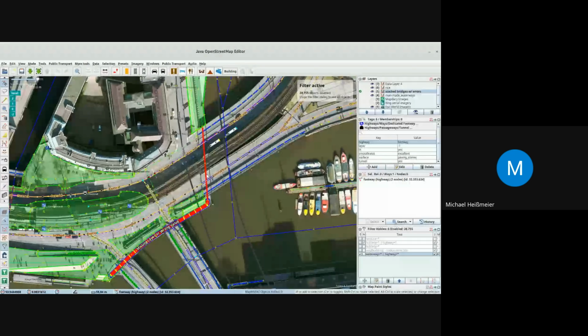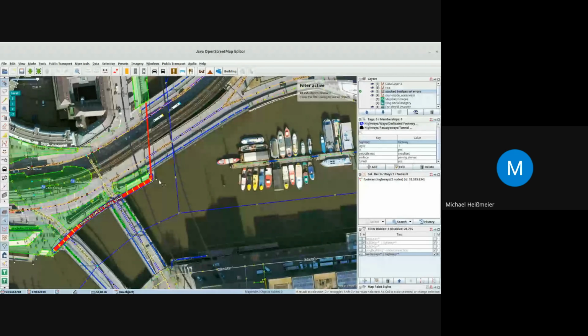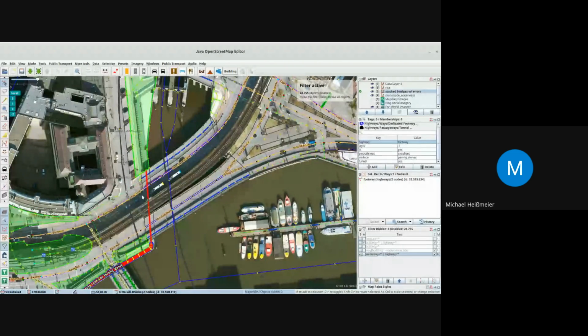Okay, there it changed into -1. Not quite sure if one can call that subterranean. You'd have to check on the ground whether it's really underground, but I suppose that it still is above the water below that bridge. So I'd rather continue using layer equals 1 for this footway here, and then change the layers for all those bridges here from 1 to 2.